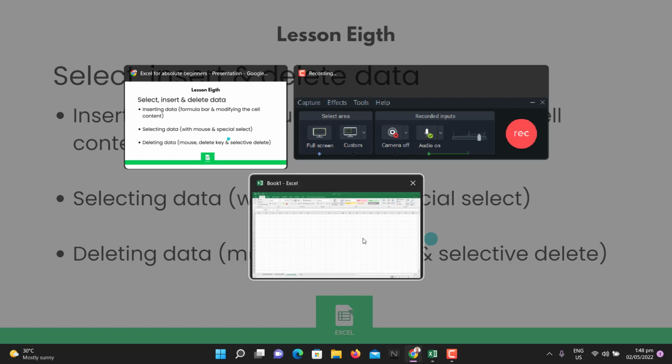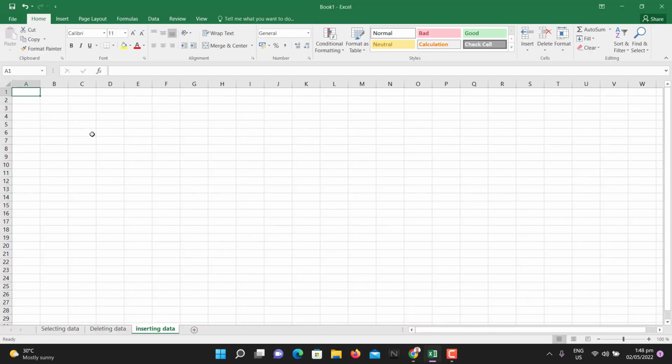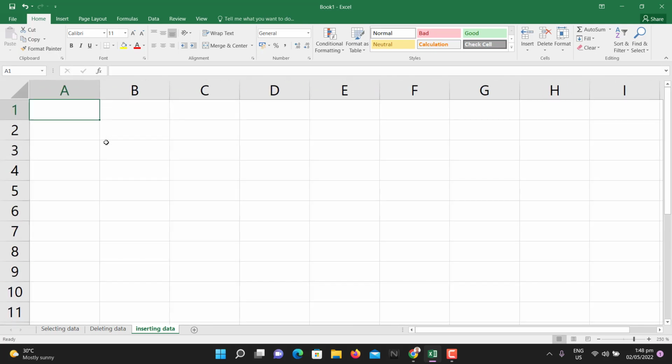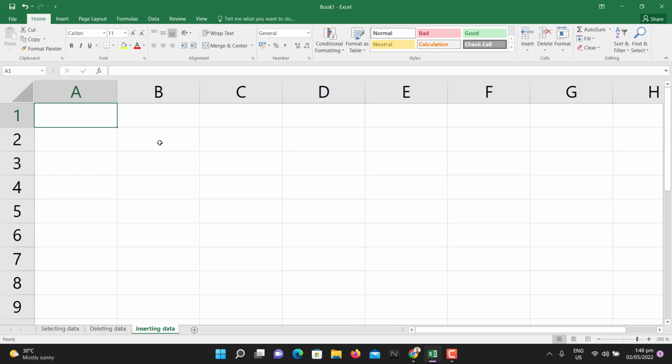Let's get into the Excel spreadsheet so that I'll show you exactly how to do these things. So we are beginning with inserting data. Let me just zoom into it so that you can see. Anytime you want to insert data, you are going to insert it inside a cell. And we've already spoken about what a cell is, where a column and a row meet. Therefore, if it is this cell that I'm looking at, cell B2, the meeting point for column B and row 2, if that is where I want to input the data,